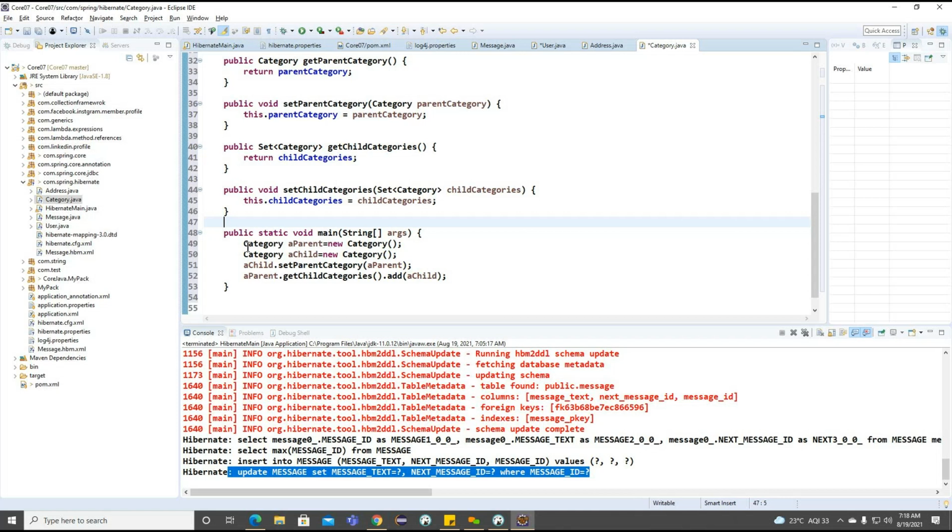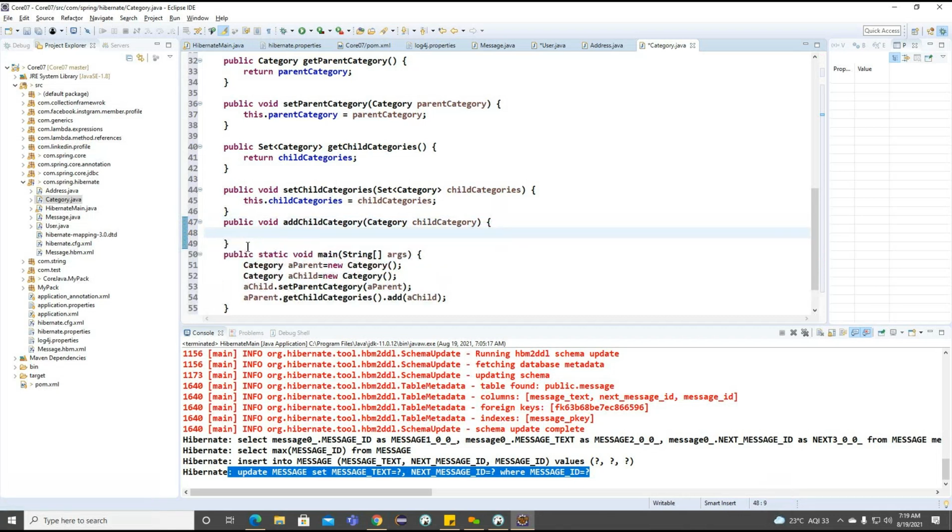Now observe, I want to write public void add child category. The name of the method I'm implementing is add child category, and it is expecting a child category.